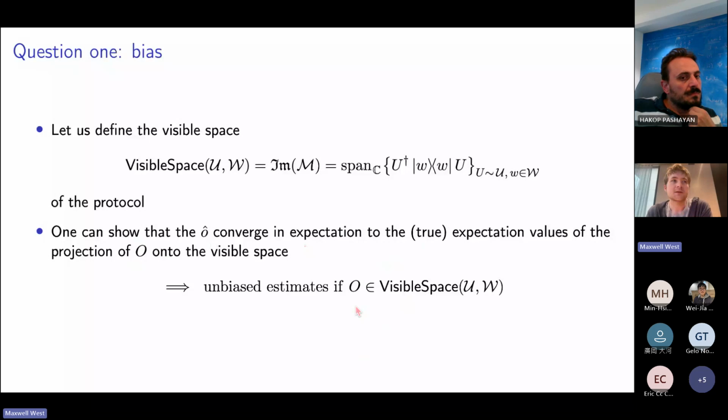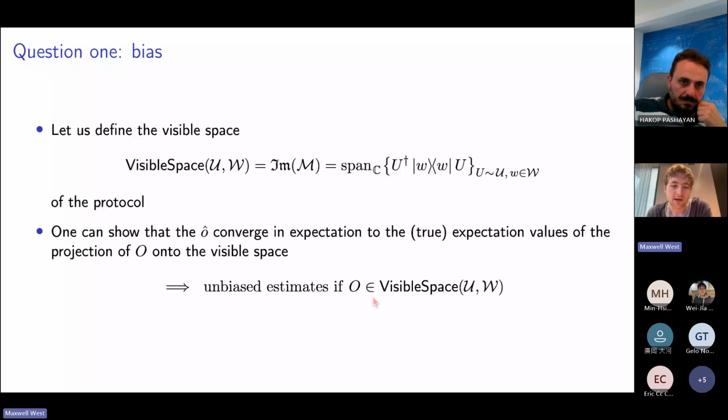So this is maybe more or less believable, especially if you remember that when we defined the shadows, there was an M inverse of these things, right? And so the bits that are not in the span of the operator, that are not in the image of M, they just don't get seen. They get annihilated by taking this pseudo inverse of the measurement channel. Okay, we'll see some examples of this in a second.